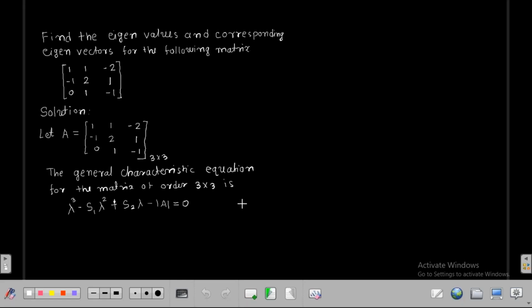This is the example. Here we are to find the eigenvalues and the corresponding eigenvectors for the following matrix. The matrix is a 3 by 3 matrix. So the general characteristic equation for this matrix is lambda cubed minus s1 lambda squared plus s2 lambda minus determinant A equal to 0, where